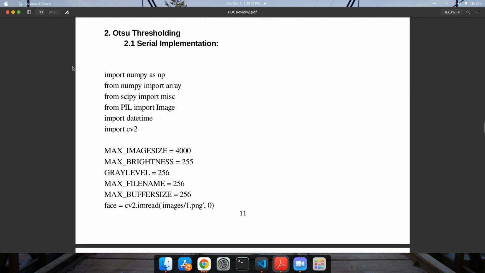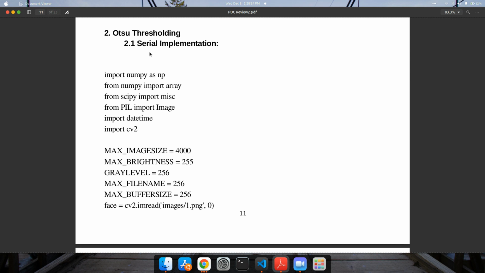Coming to the Otsu thresholding implementation, we have to denoise the data to find the optimal threshold for separating the foreground and background.